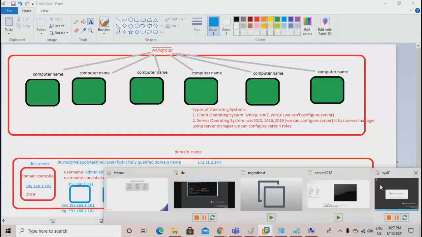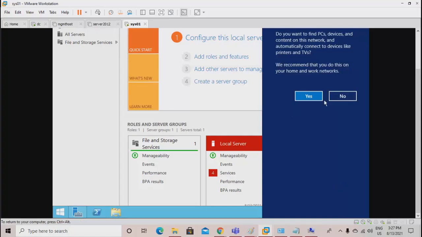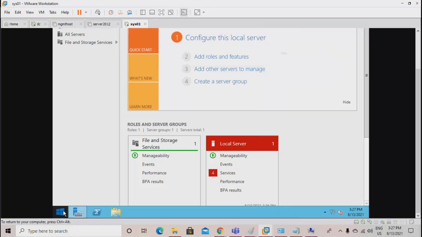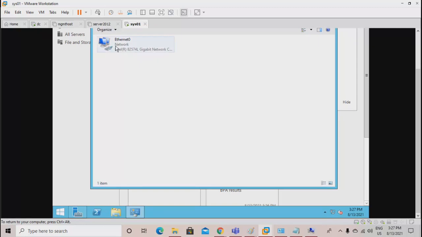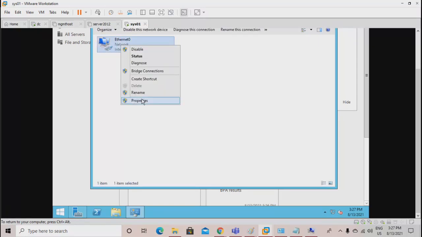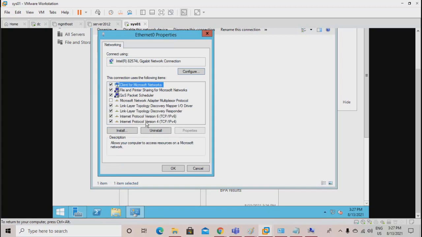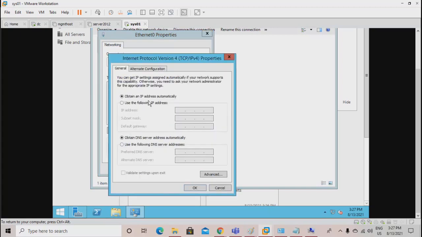And this is the system here. I'll open the LAN card, go to properties. This machine's IP, I am saying, is 192.168.1.111.